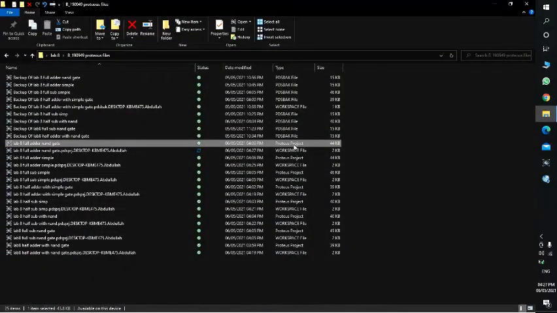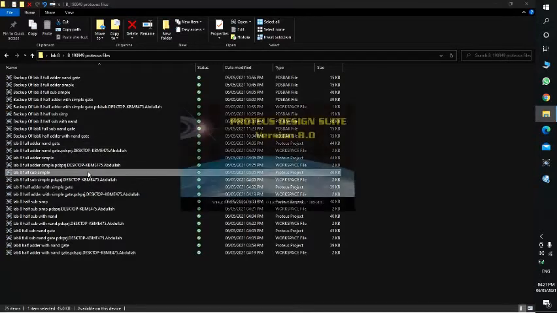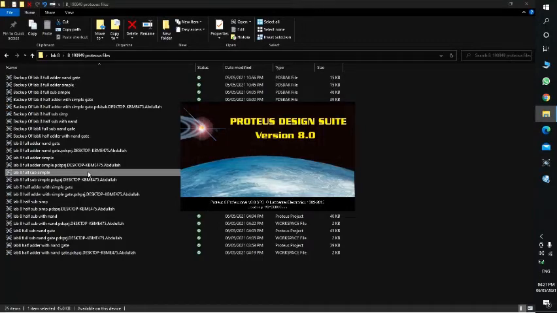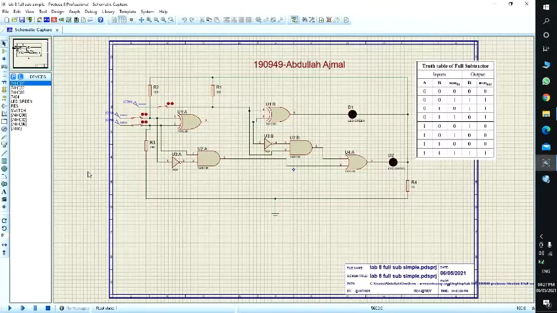Now let us move towards our full subtractor circuits. This is the full subtractor circuit with simple gate implementation using XOR gates and AND gates. Basically, first of all, we will run the topmost and bottommost entries. In the circuit, all the switches are closed, 1, 1 and 1. For 1, 1 and 1, all outputs should be 1, so all LEDs are on.